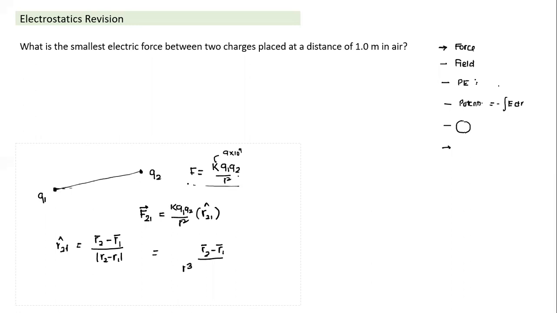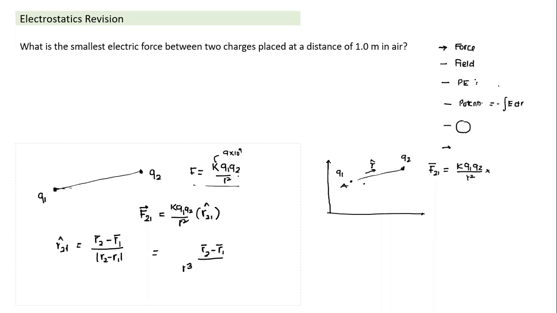And if I have to write it in vector form, just quickly look at how I write force in vector form. If I have a coordinate system and two charges, Q1 and Q2, and I have to calculate the force on the second particle, F21, it will be equal to K times the first charge, second charge with sign, divided by R square, the distance, and then I have to multiply with a unit vector. Which unit vector? The unit vector towards the second charge with respect to the first charge. How do I write the unit vector?